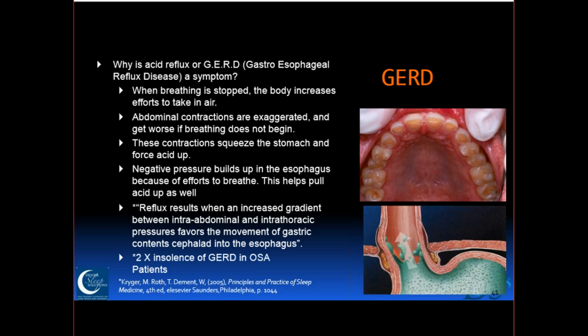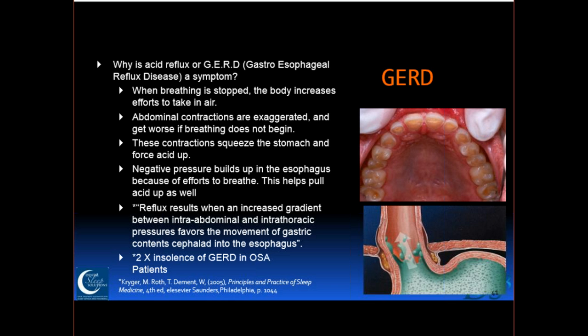They don't have the GERD during the day. GERD is gastroesophageal reflux disease. In other words, the stomach acid comes up from the stomach into the esophagus, and in some cases eventually makes it to the mouth. And then we see teeth that look like this in the slide here. This isn't just from grinding their teeth. They may be grinding as well. But when you see this acid wear of the teeth, we have to think about GERD, because a lot of patients don't know they have GERD. These 2 patients did. And why is that? Why do we have GERD?